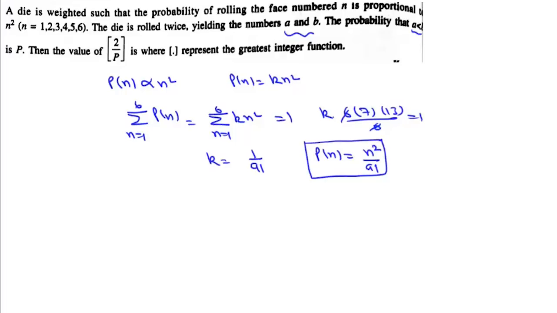Now it says a die is rolled twice, yielding the numbers A and B. The probability that A is less than B is